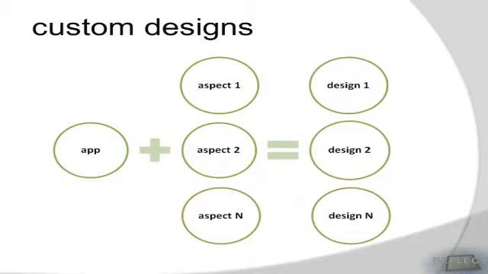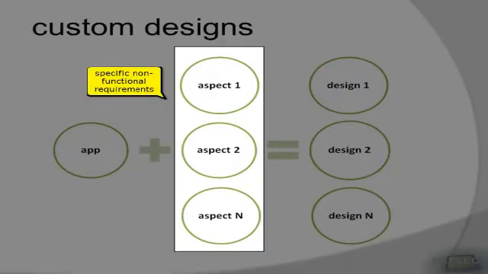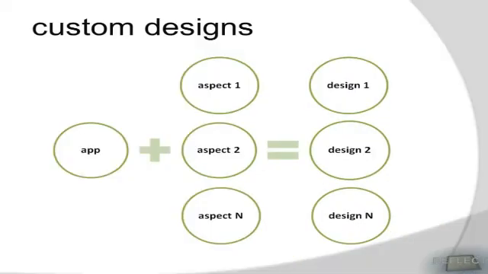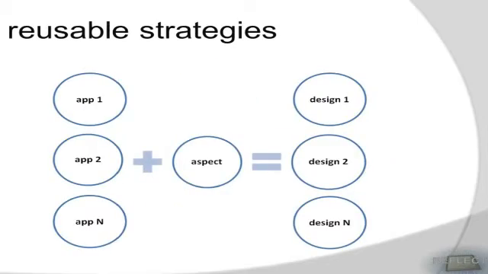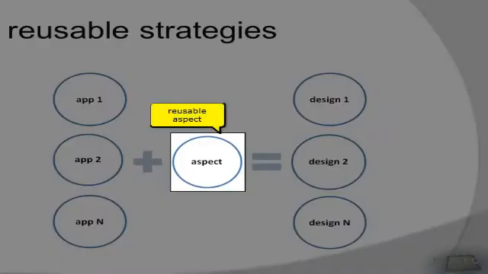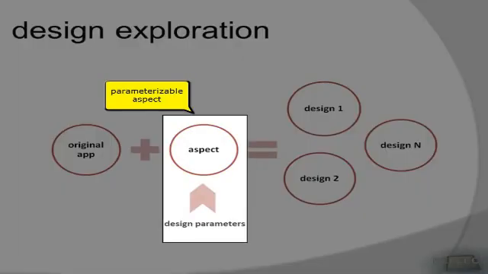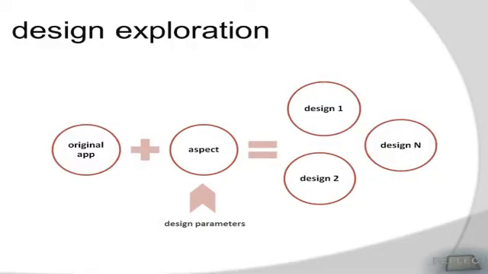One of the benefits of our approach is that a weaver can automatically derive custom designs based on aspect descriptions that capture specific non-functional requirements. By keeping the functional and non-functional descriptions separate, it's easier to maintain them according to their life cycle. Another benefit of Lara is that aspects can be reused if they are generic enough to target applications from the same domain, thus improving productivity as well as maintainability. Aspects in Lara can also be parameterizable, where results from profilers and tool reports can be used to generate more efficient designs using an iterative process.